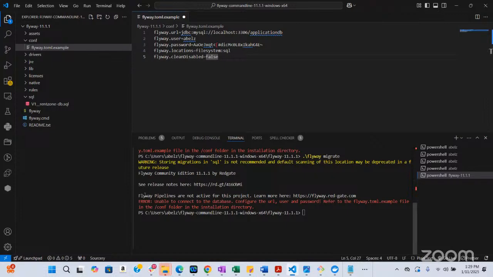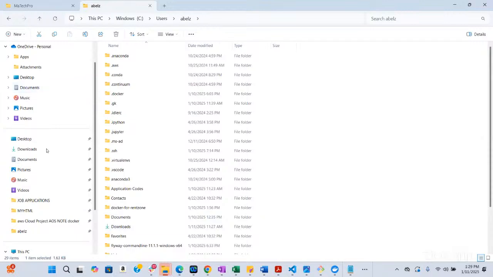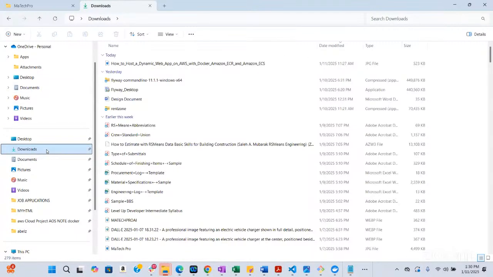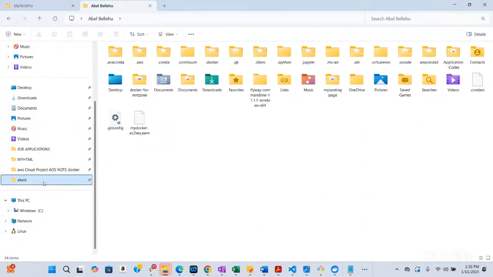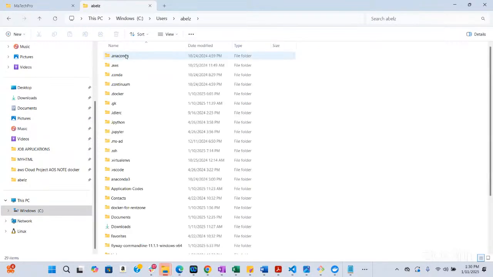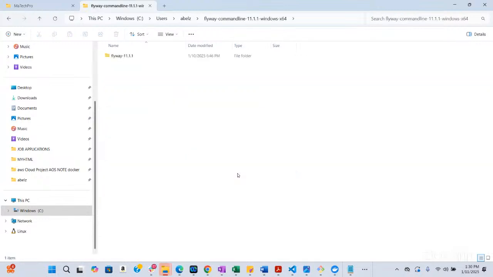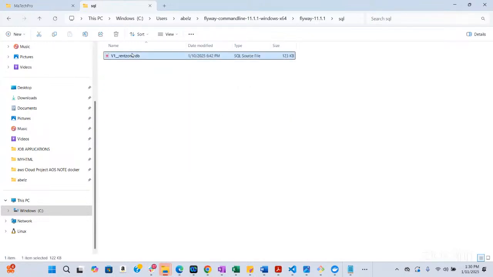So open your Explorer. I think this might be in your downloads, wherever it is on your computer. I'm not exactly sure. Yeah, it's probably in your downloads. So select that Flyway. I think I moved it to my project, in your home directory. User. Yeah, Flyway there, right there. Okay. So now, yeah, that's it. Go double click in there. All right. So now just minimize this